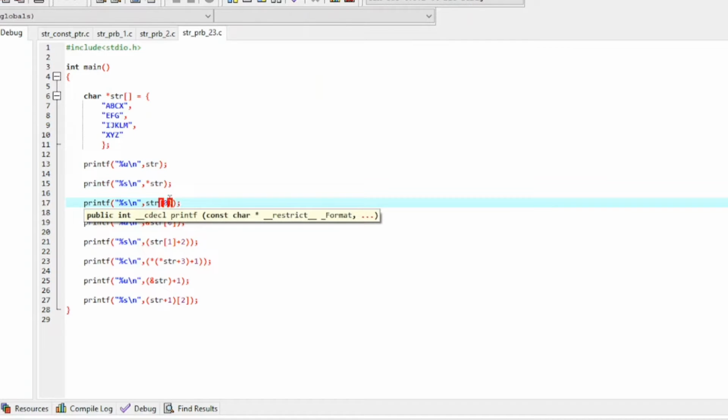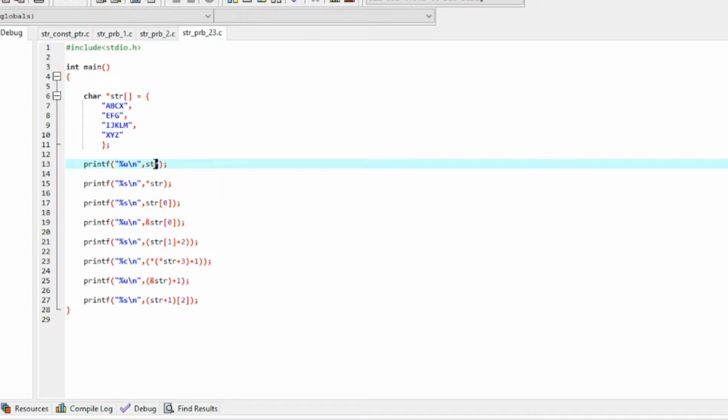Basically when I mention str, I will get the base address of the array, or I can say I will be getting the address of the first element. Now str[0] holds the address of this string abcx. So on mentioning str, I will get the address, and on mentioning a pointer at str,